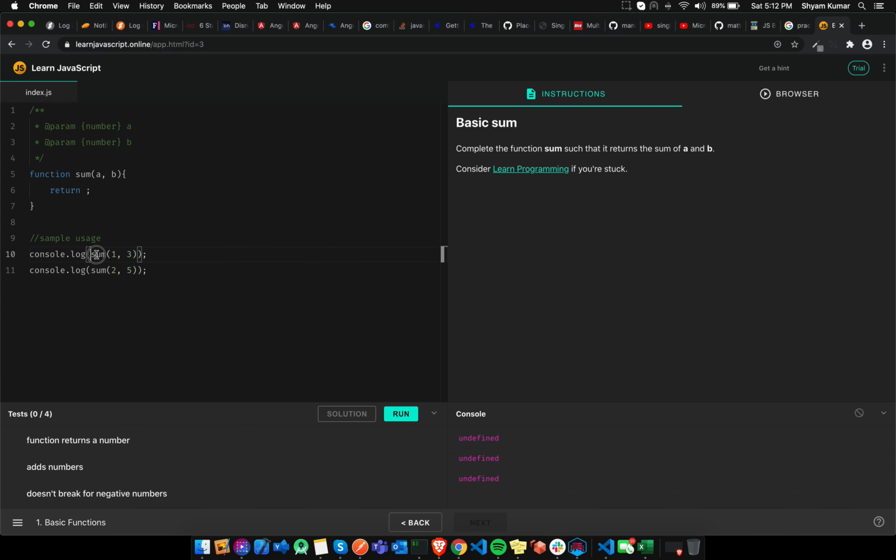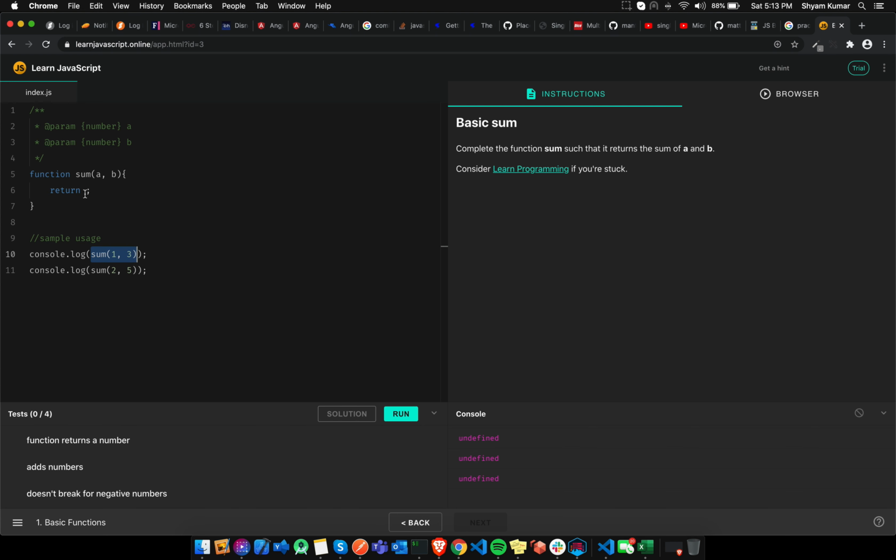If you see here, we are calling that function from here. Console log is the statement which is used to print in the console, and sum is the function name which we are calling. When you hover on this, it tells us it is accepting two parameters: one is a, which is of type number, and the other is b, of type number again, and it is currently returning nothing, so it says void. Void is something which is not defined.